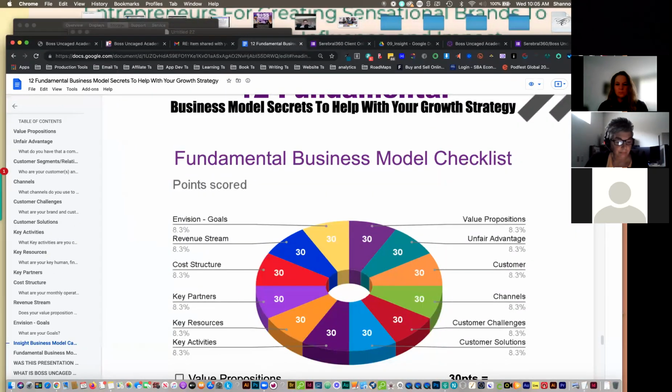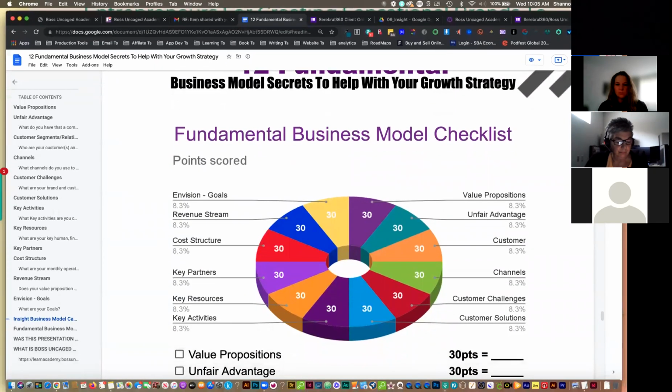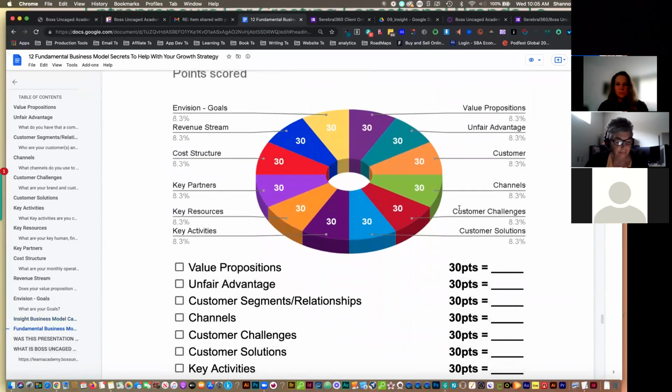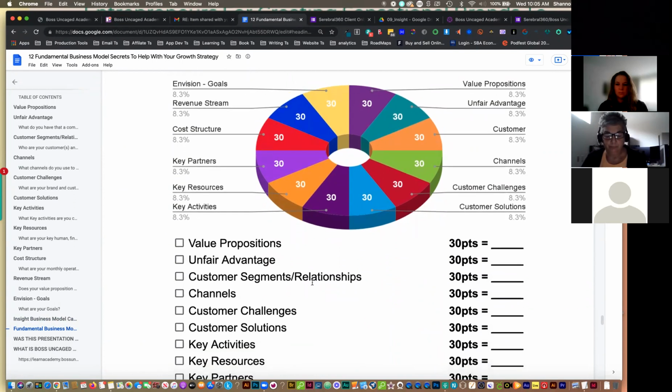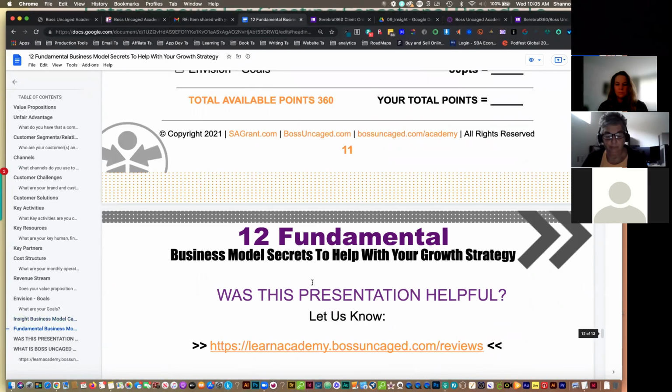All right, so in addition to this document, there's also a checklist. The checklist is very visual: you have the grid, you can fill it out, and it has points, right? So think of this as a full 360. If you have 360, then it's a complete circle. So the goal would be to go through, fill it out and see what you're missing, and do a quick checklist and see, okay, I'm at 270 out of 360, so I need to work on these other 3 elements to get the other 90. So that's it.